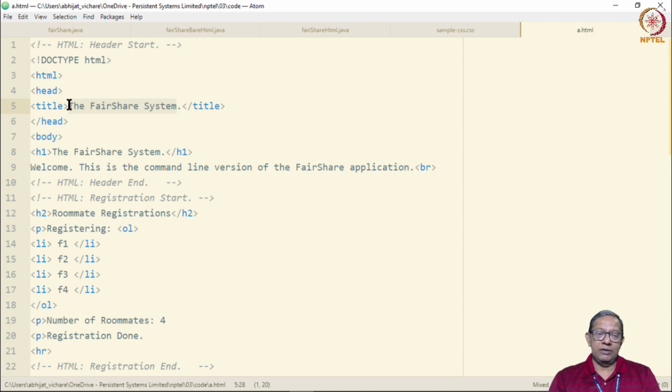Here, for example, this content, the fair share system, is enclosed between two markups, the title and the /title. This markup says that whatever is between the title and /title is to be rendered, displayed on the output device in a title format.